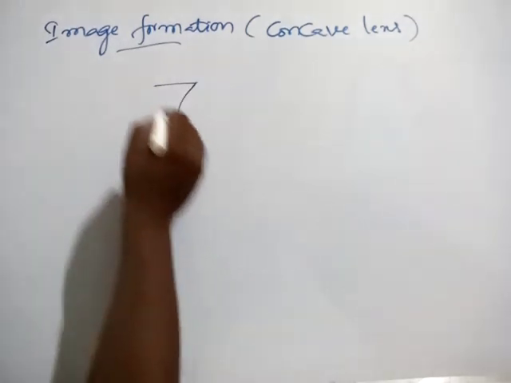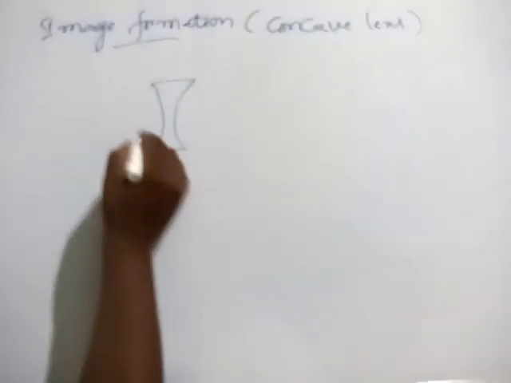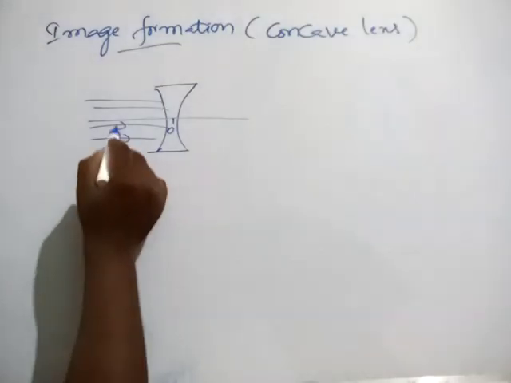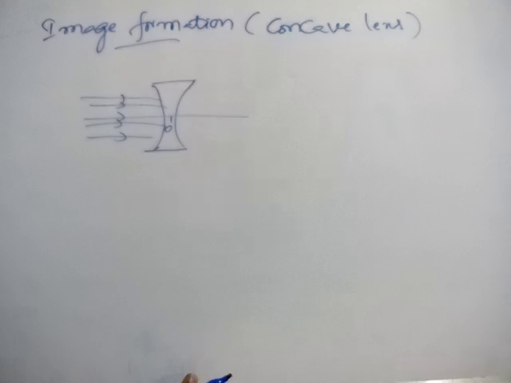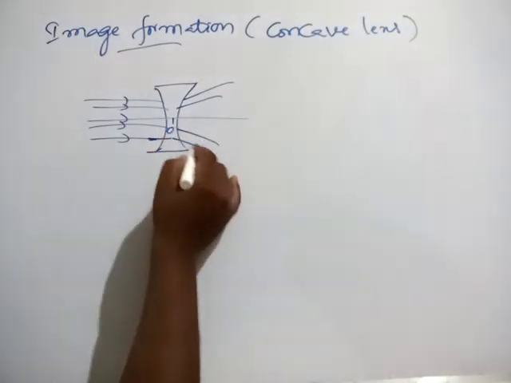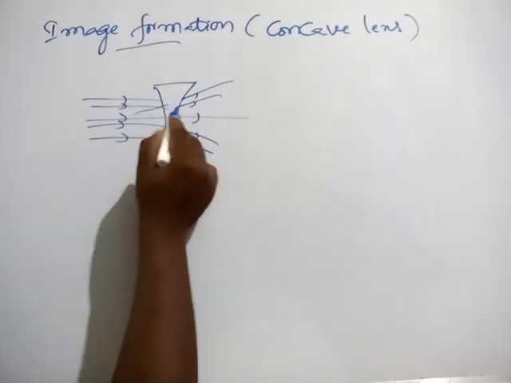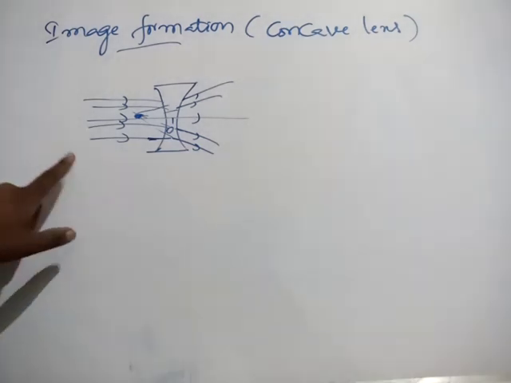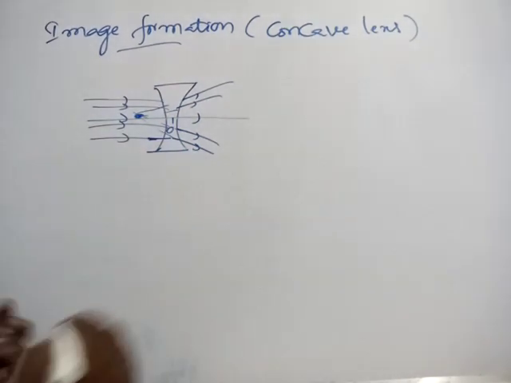Good morning, children. Today we are going to learn image formation by a concave lens. You know very well the concave lens is a diverging lens. How? Already in the first class I told you about the principal axis and optic center. A parallel beam of light passing parallel to the principal axis, after refraction, diverges in different directions. So by extending all those rays backwards, we will get the focus here.